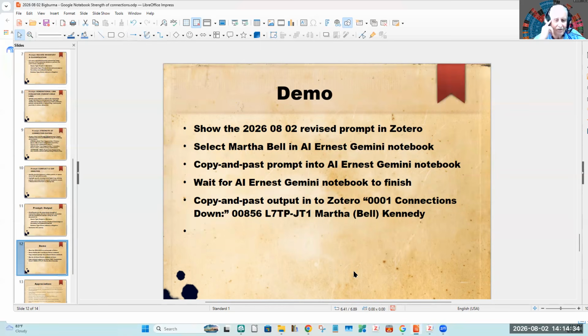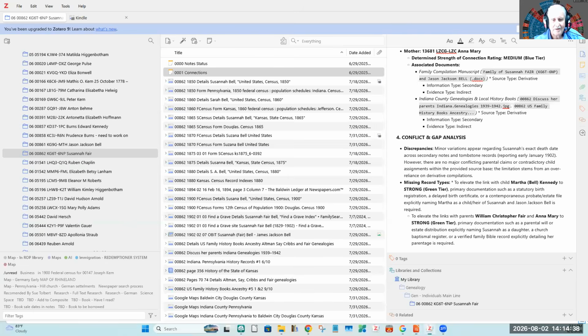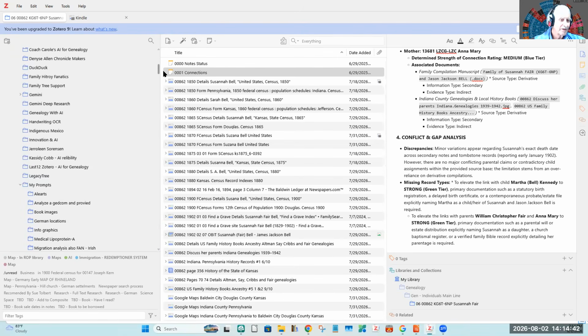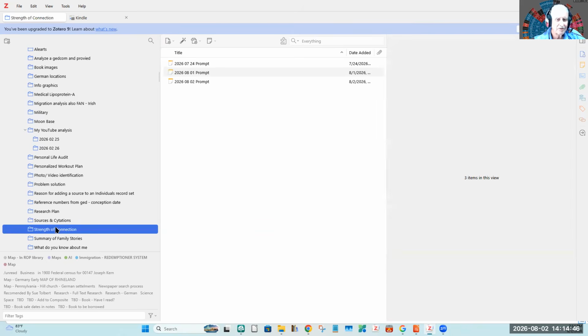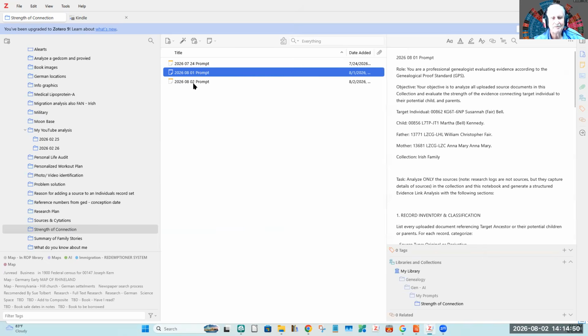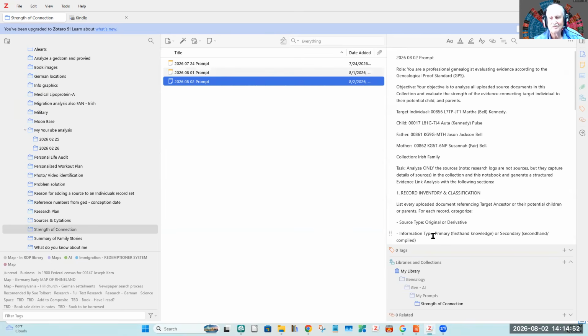Okay, let me show what I've revised. Let's do that. I'm running back up here to the prompts. Alerts and prompts, here we go. Strength of connection. So I took that prompt, which was the prompt yesterday, and I rewrote it today for the Martha Bell Kennedy analysis.